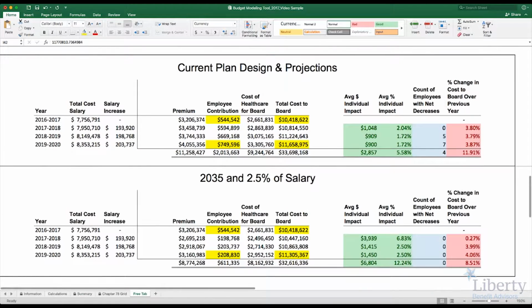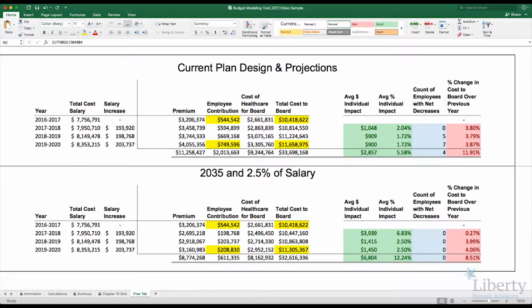And when we take a look at this, what we find is the employees went from paying $749,000 to paying $208,000. So substantial savings for the employees. And on the employer side, they went from paying $11.65 million to $11.30. So in this scenario, we may have found an opportunity where both the employees and the board save a substantial